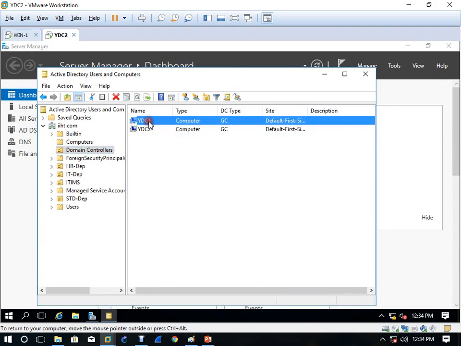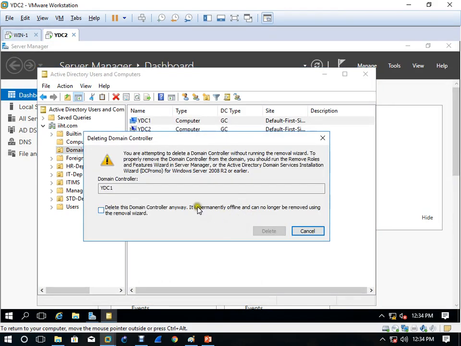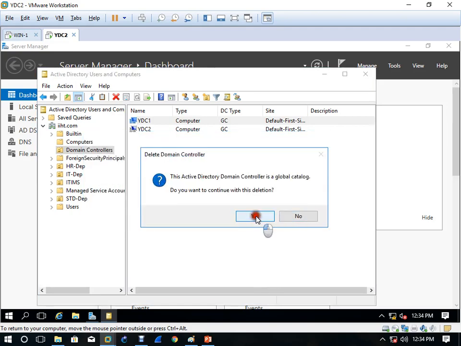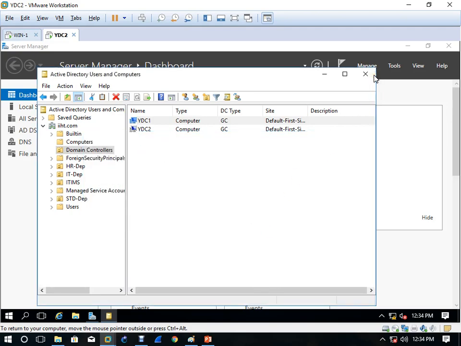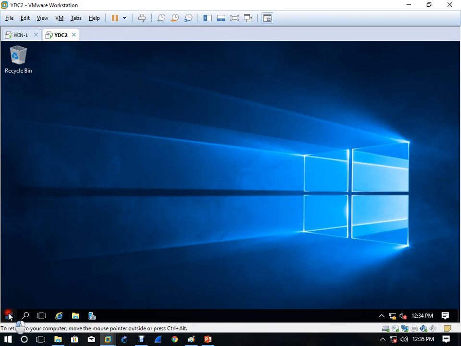If you want, it is better to delete it: right click and delete it, because all the roles have been transferred. Yes, delete it. Close and restart this server.